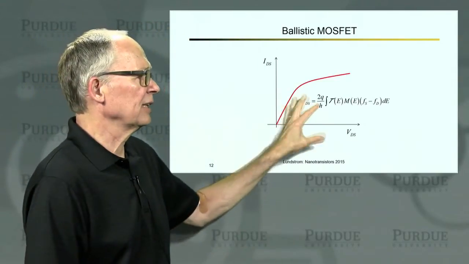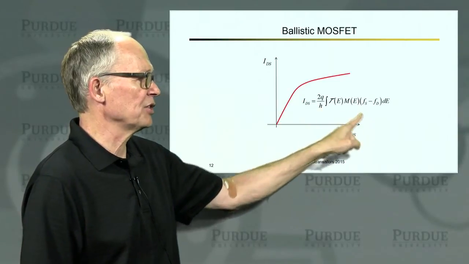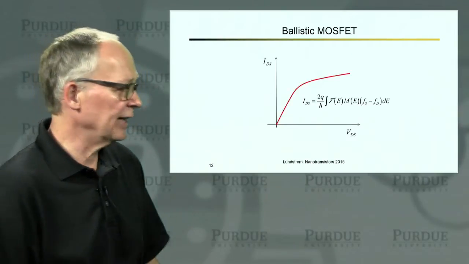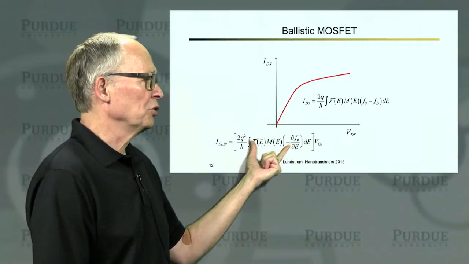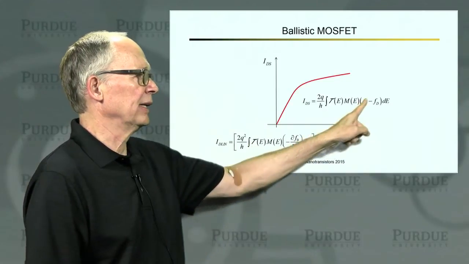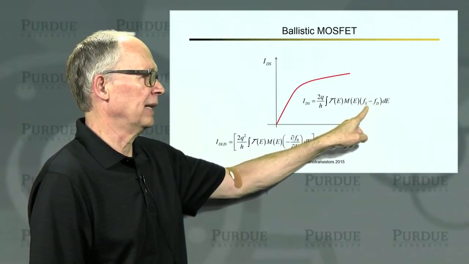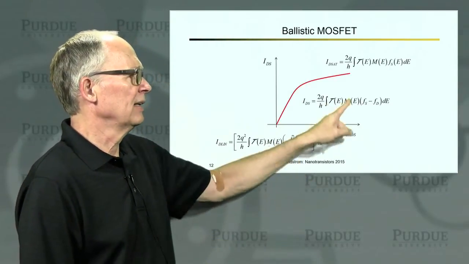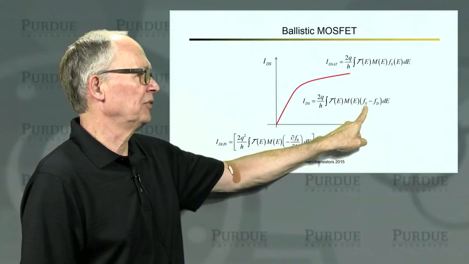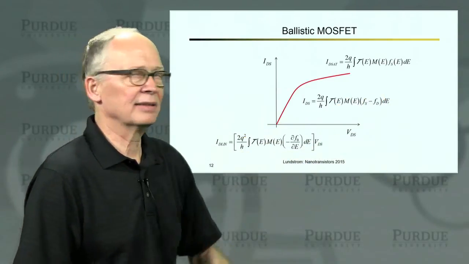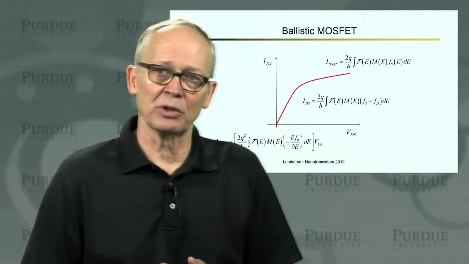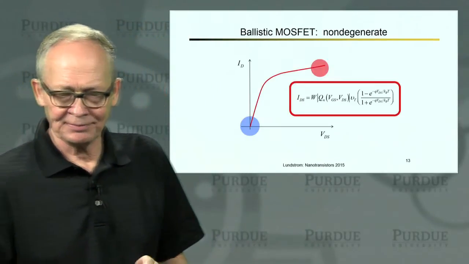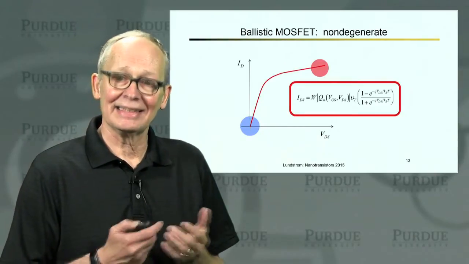So then to treat a ballistic MOSFET, we have to evaluate this expression. F sub s is the Fermi function of the source. F sub d was the Fermi function of the drain. For low drain to source biases, we can expand F sub s minus F sub d in a Taylor series expansion, and we get this expression. For high drain biases, F sub s is much larger than F sub d, and we get this expression. And all we have to do is to work out those expressions, and we have our IV characteristic of the ballistic MOSFET. In the non-degenerate case, that's easy to do.